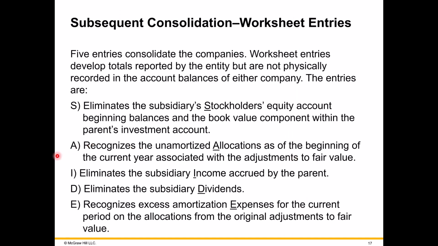Adjusting entry A, debiting those assets. Tell me, what are we crediting? I think you got it. It's that investment in the sub. Okay, again, trying to zero it out. Then let's see. Adjustment I. I means you're going to get rid of the current year's income of the subsidiary. We know income, really, we learned it as net income, has a credit balance. So you're going to be debiting that